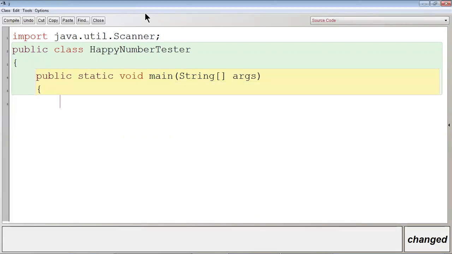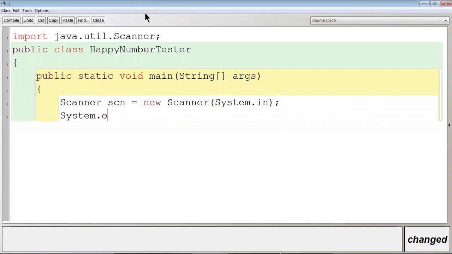Okay, create the object of Scanner: scn equals new Scanner(System.in), and display the message System.out.println("Enter an integer number").